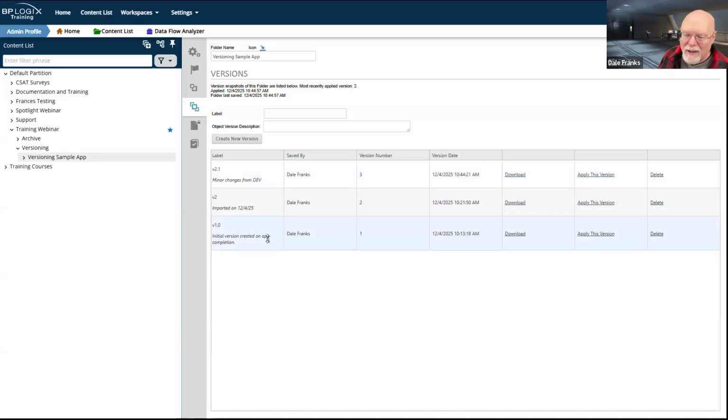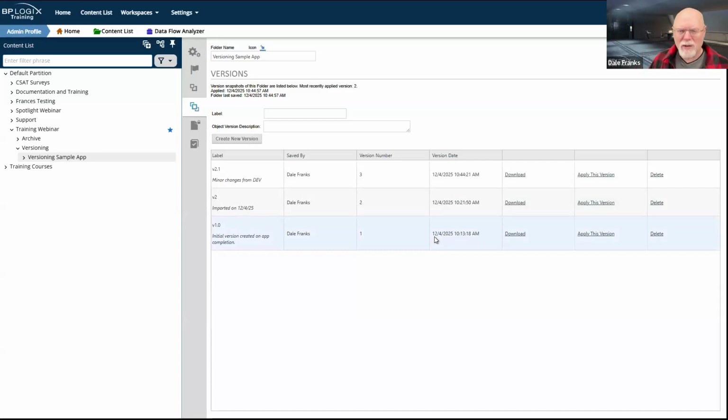The change from 1 to 2 is probably super big. And am I ever practically ever going to apply version 1, especially on a production system? When would I ever do that? Conceivably, on a dev system, if I wanted to go back and see what version 1 looked like, I could do that. I wouldn't. I'd probably export it, re-import it into another folder and download it, because you have the download link, and then just import it into another folder and see what it looked like. But I'd probably never roll back to it. Now, maybe on a dev server, because you don't have a lot of action on a dev server, there's not a lot of users working on it.